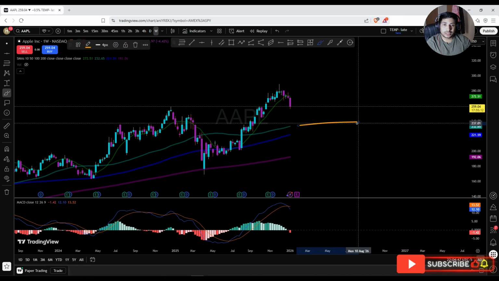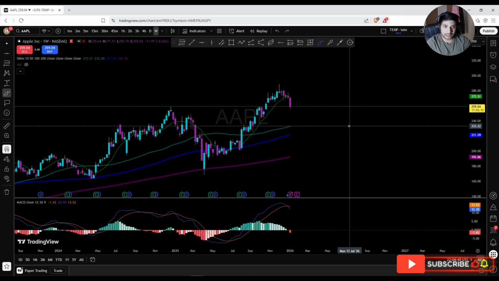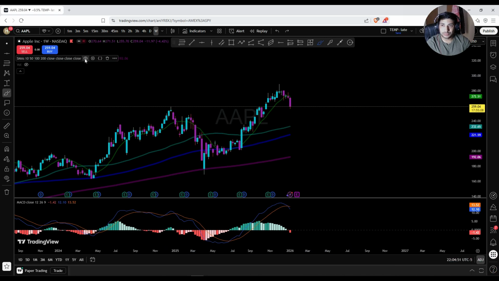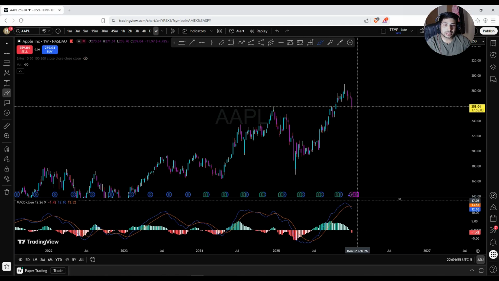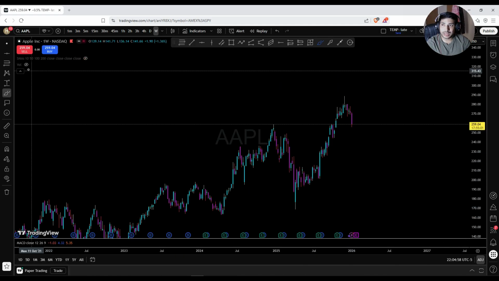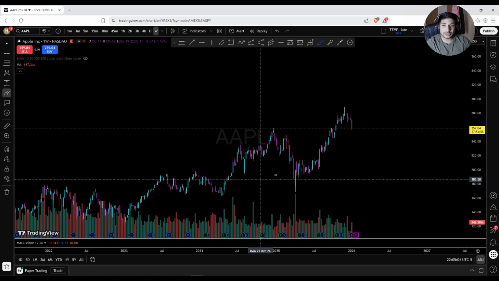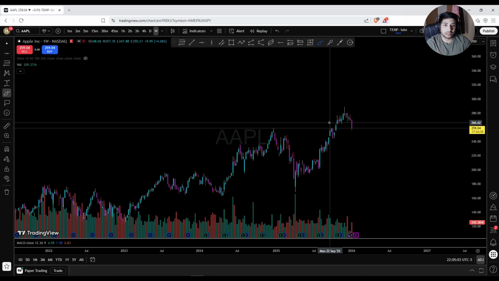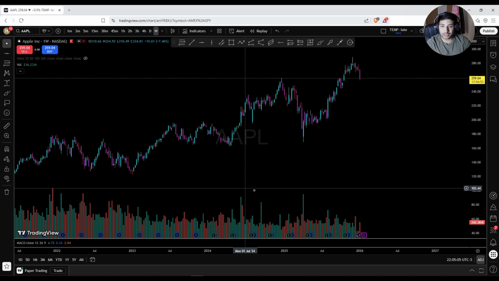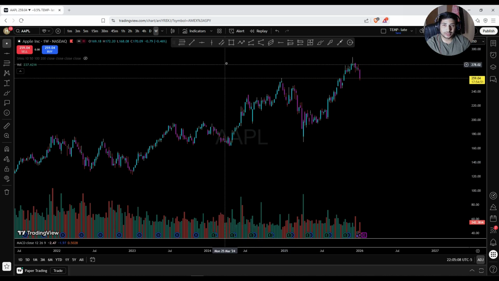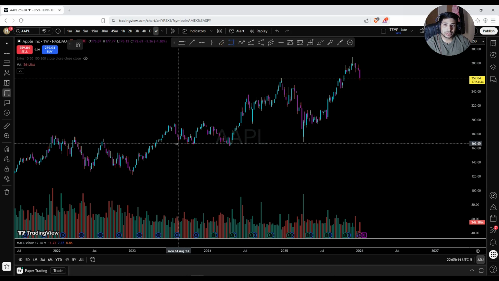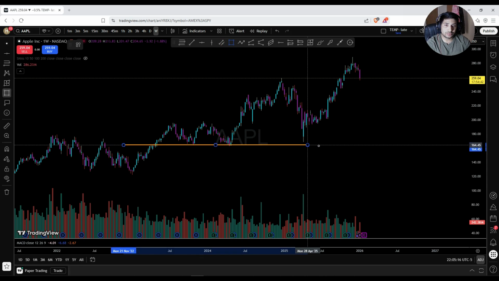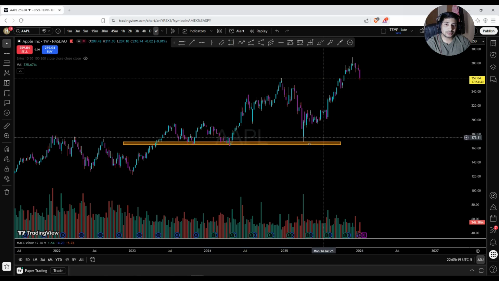So with that, I think we're now kind of clear on how we should move forward with Apple. But let's see in a similar case how the volume is working. Just a quick glance here, I have opened the volume. If you see April 2025, that was right here where we had a bottom on the market, and you can see it's easy to always find a support point. It just goes to the support point and you just need to wait. So that's the support point on this one.